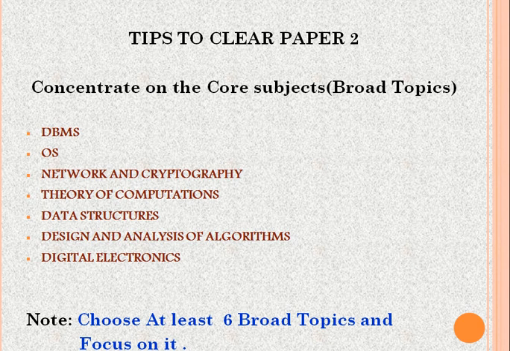Once you focus on the core subjects itself, definitely you will be getting around 60 questions. If you clear these 60 questions, at 2 marks each, you will be getting 120 marks. So instead of concentrating on all the 10 sections, better you focus on at least 6 sections. Choose at least 6 broad topics and focus on them in order to clear the paper. This idea is just for clearing the paper, for whoever aims to get good marks. Those who aim for JRF can learn all these sections.